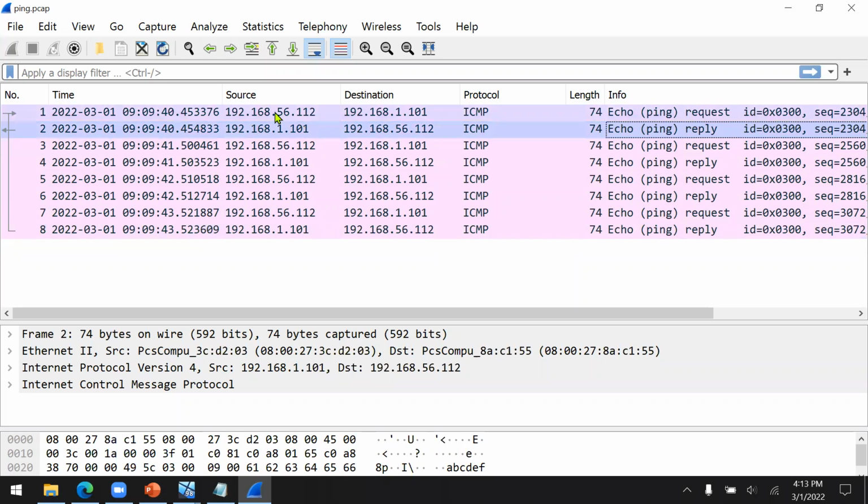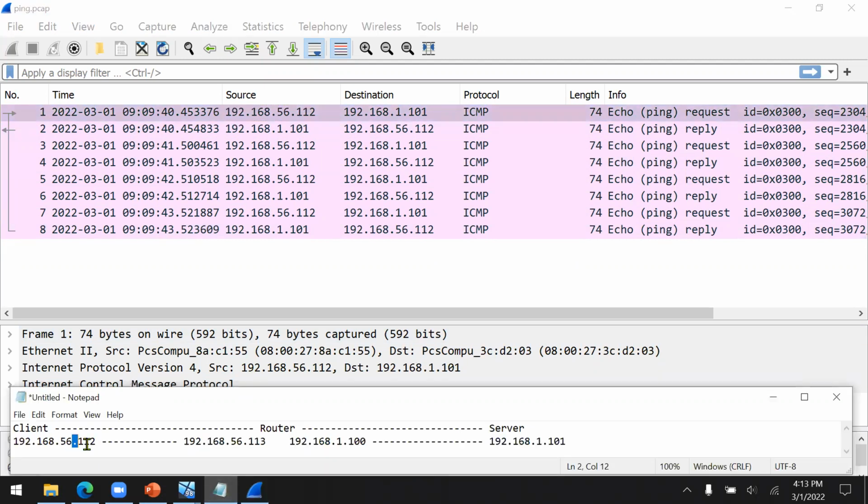So that's why the source says it comes from 56.112, which is the client, and the destination is the server. It's a ping request. And then the server responds by using echo reply from